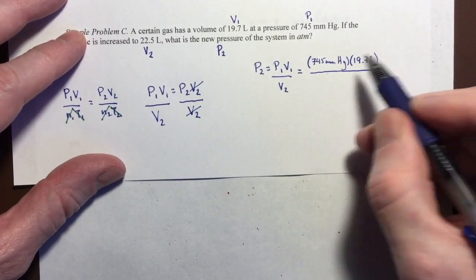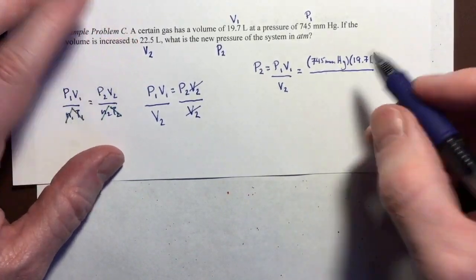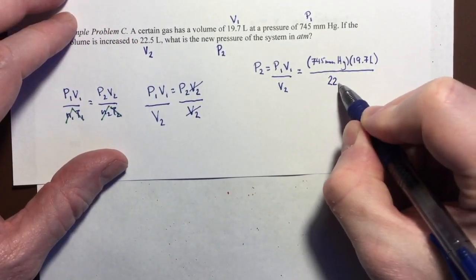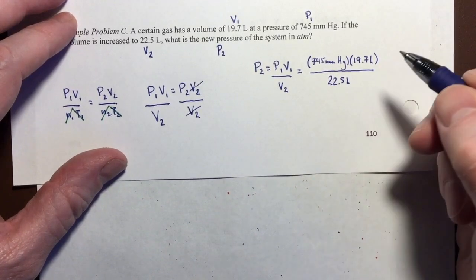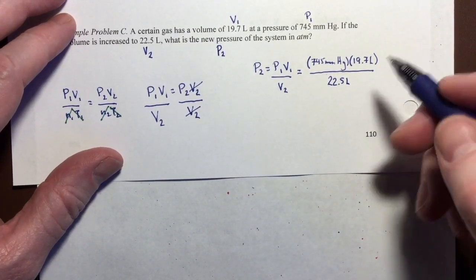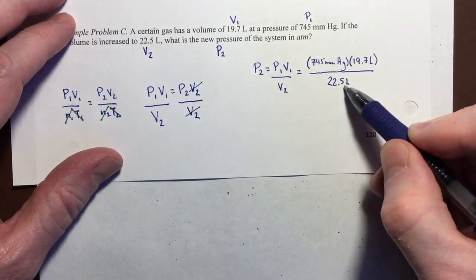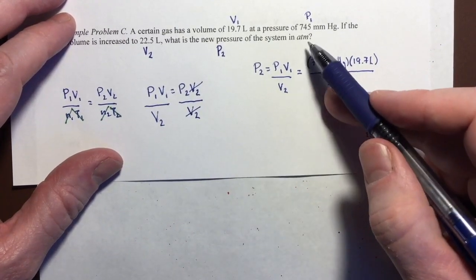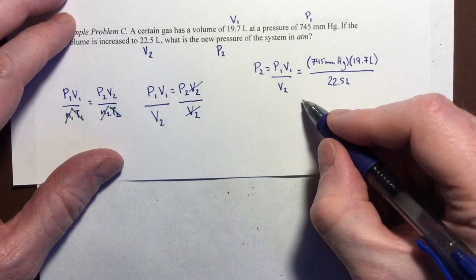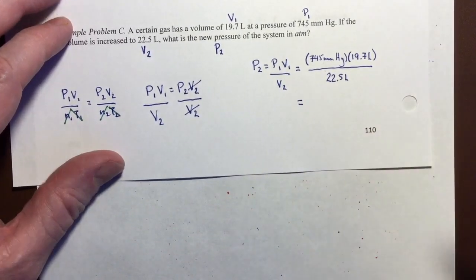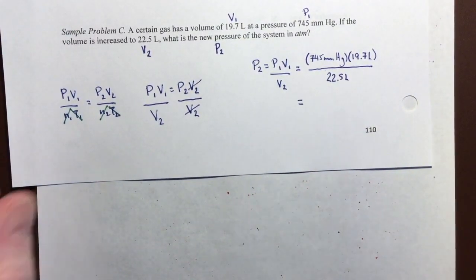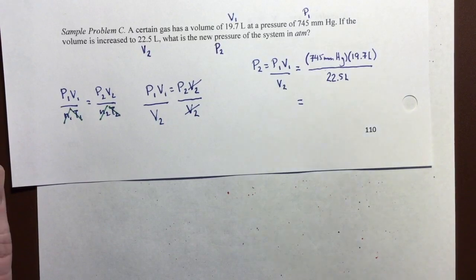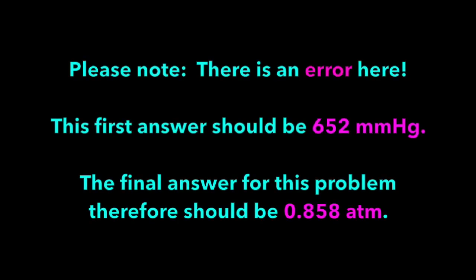Divided by V2. V2 is 22.5 liters. And you can see how the liters will cancel and give me my answer in millimeters of mercury, and then I will have to convert that into atmospheres. So I'm going to have to do a little calculator math real quick. And the answer that my calculator gives me has to be rounded to 3 sig figs, and so that's going to be